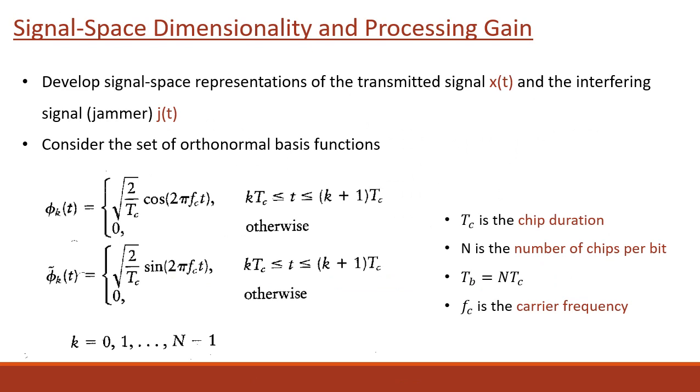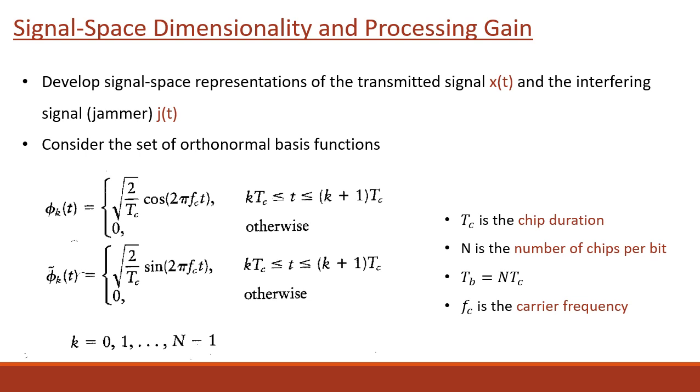The first topic that we'll be discussing is the signal space dimensionality and processing gain. The purpose of this discussion is to develop a signal space representation for the transmitted signal X of t as well as the interfering jamming signal J of t. For this purpose, we consider two sets of orthonormal basis functions. One is phi k of t, which is equal to root of 2 by Tc cos 2 pi fct, where t is between k times Tc and k plus 1 times Tc, and